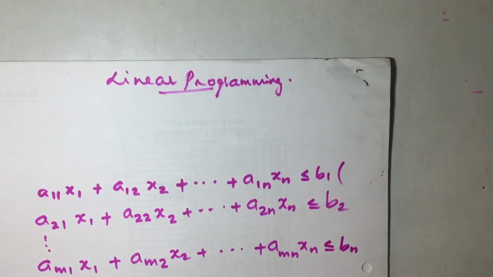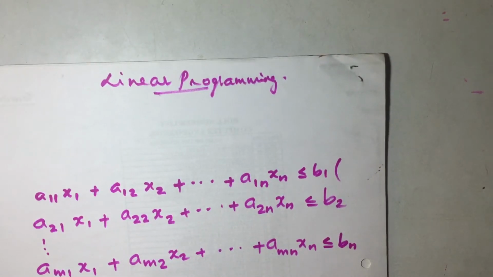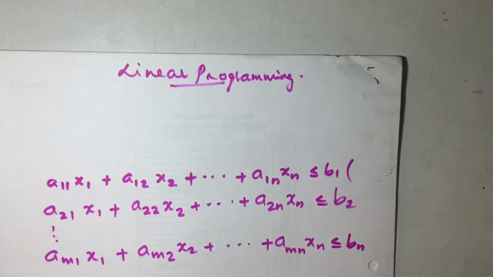Now, optimization technique means, in simple language, this is a method to get maximum output by using minimum input, or this is the method we use to optimize a given situation. Say, for example, what could be the maximum production with minimum input or minimum raw materials? What are the techniques we need to use to get maximum output from a minimum input?